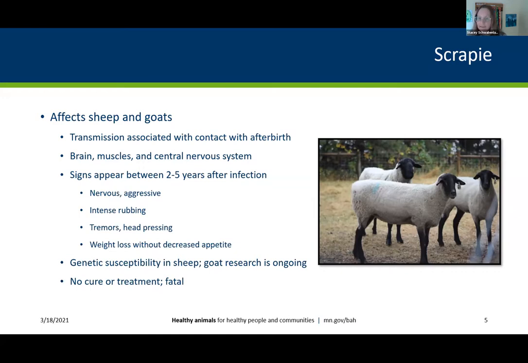Now, keep in mind, these sorts of signs can also be evidence of different diseases. So don't jump to any conclusions, but keep Scrapie in mind as a differential if you start to see concerns in your herds or your flocks, and please make certain you call your herd veterinarian as soon as possible if you see any concerns. Genetic susceptibility is well known in sheep, and there's a lot of research that's still ongoing